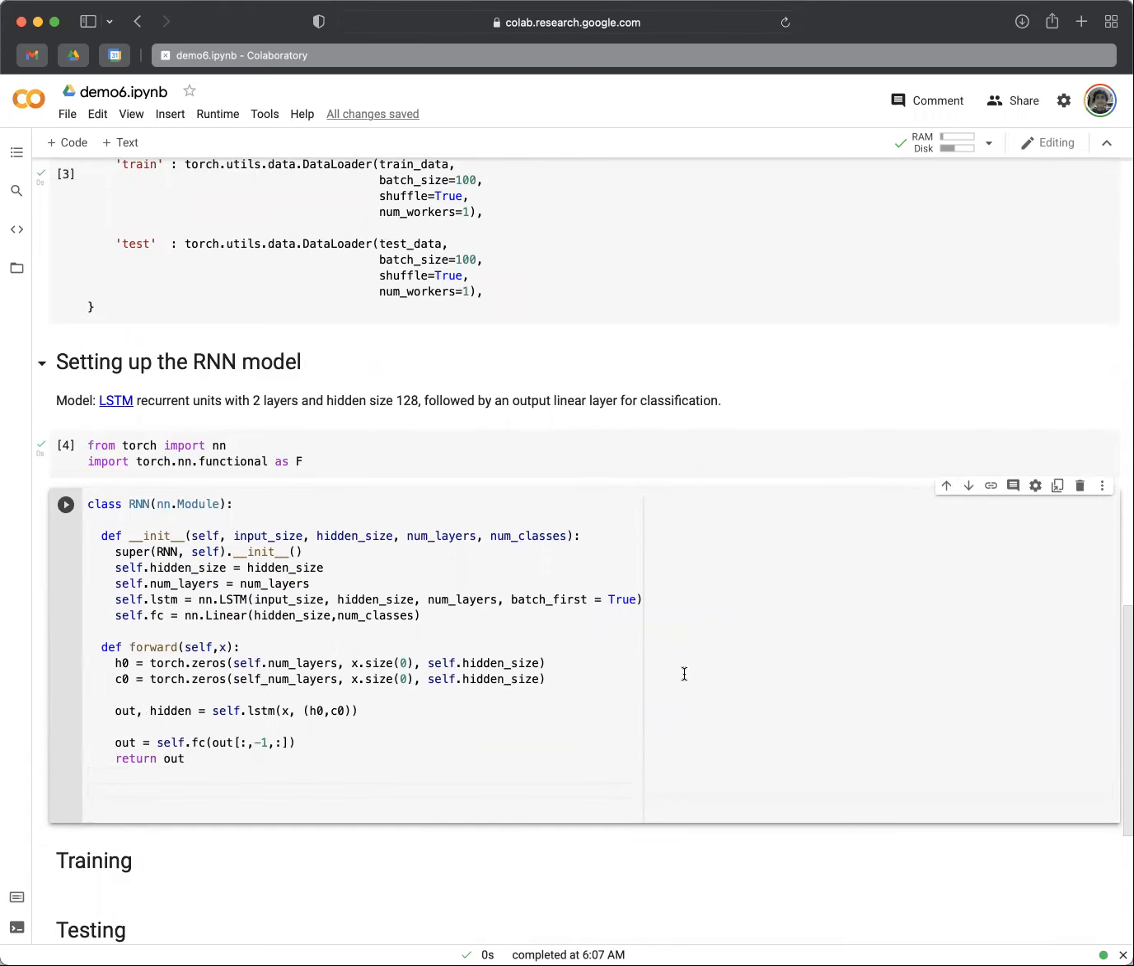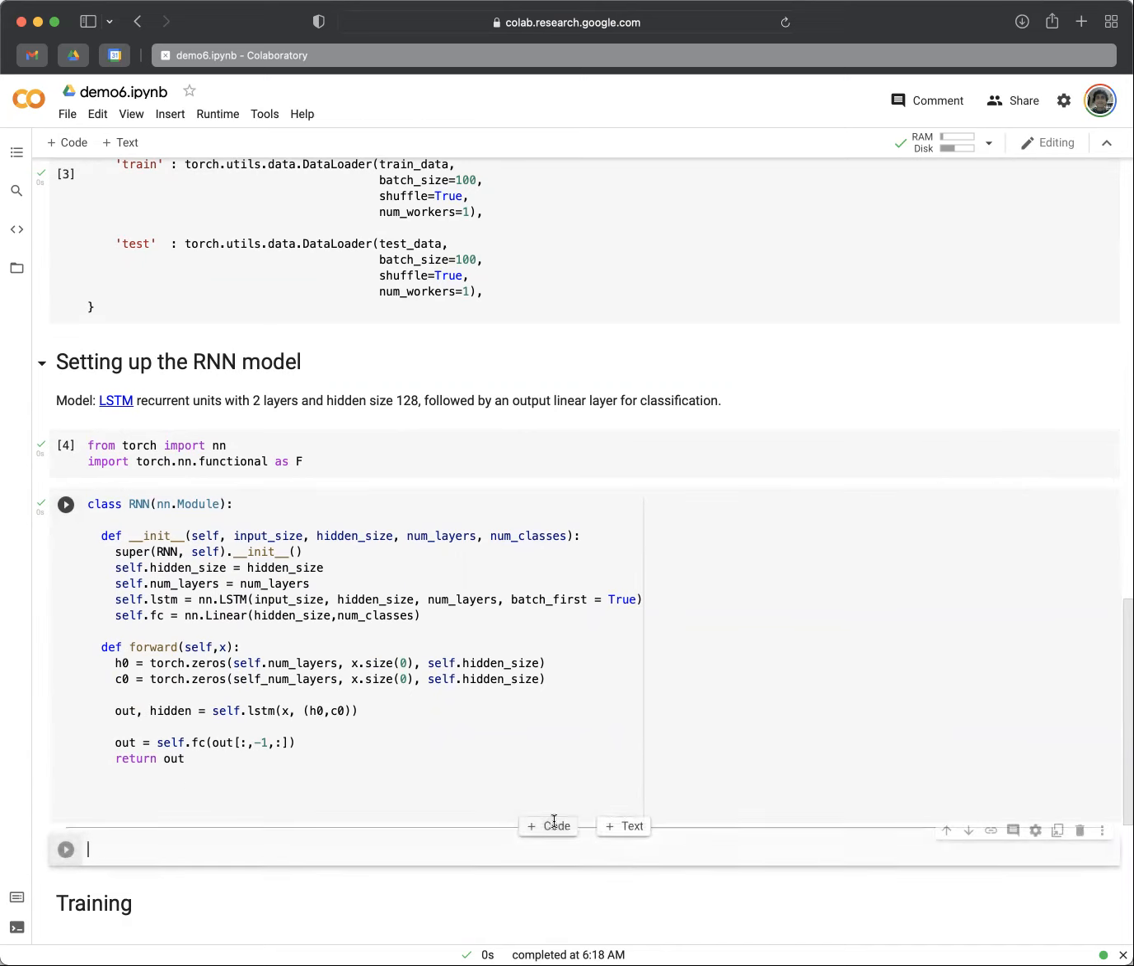This is the structure of LSTM. So let's just see if this runs. Okay, let's instantiate one LSTM. In this case,